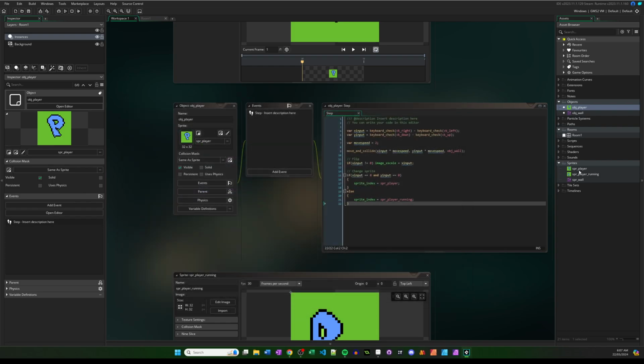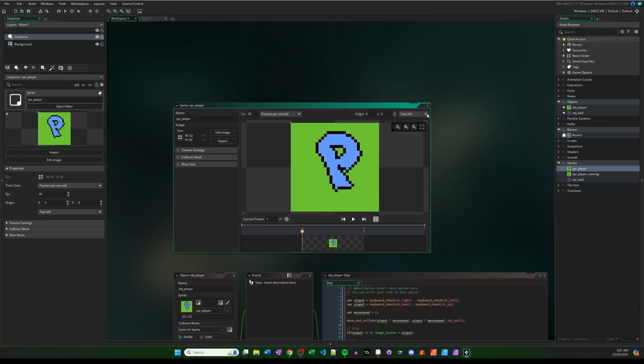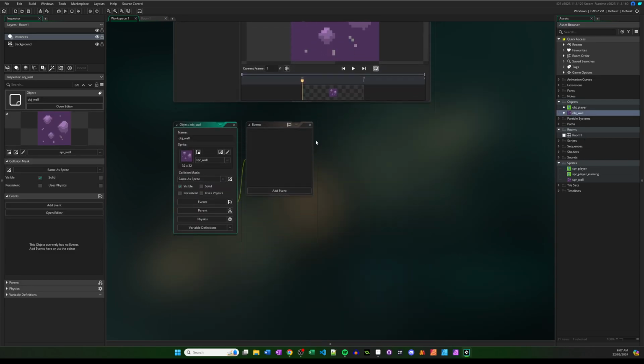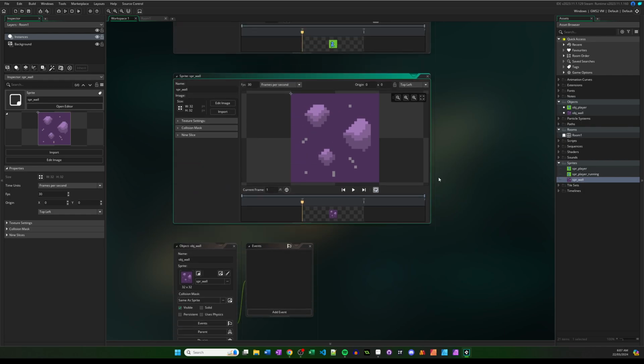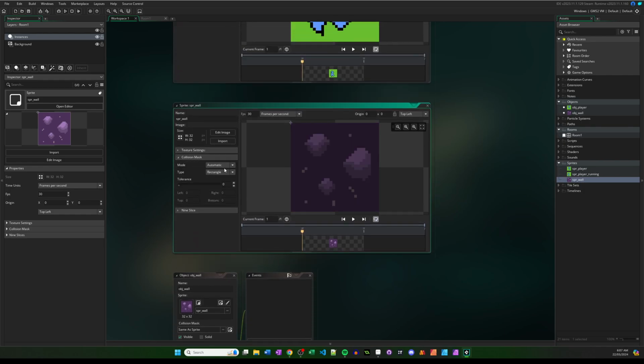What we can do to fix both of those, if we quit out, and this will be the last for this episode, we go to our sprite player. If we set the origin to middle center, now we're going to flip it on the middle, so you're not going to get the flipping motion of the image. Also, with the object wall sprite, our collision mask, we click that and instead of automatic rectangle, we go automatic precise. Now, when I play this again,